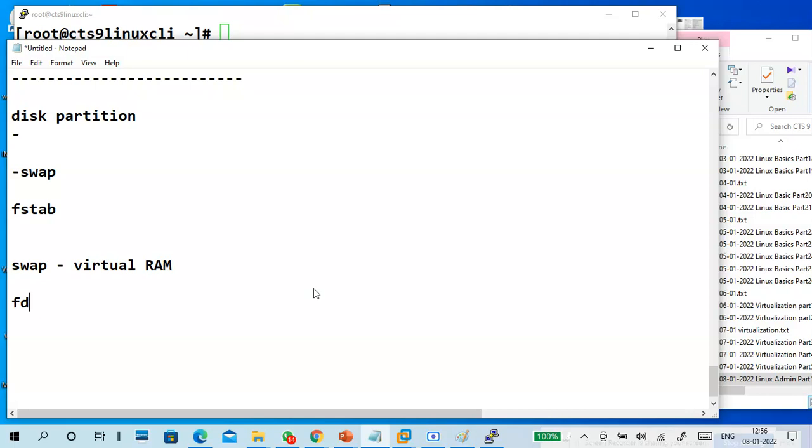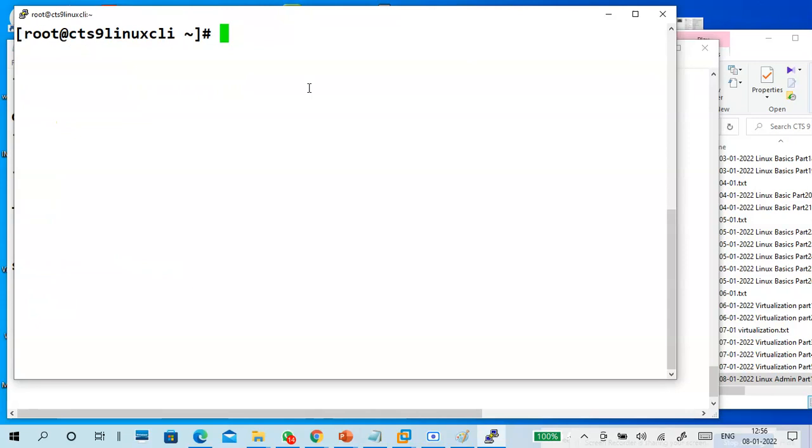First of all, we use fdisk to create the partition. So fdisk, and next one is /dev/sda. Directly I'm going, guys. I'm not showing the same thing again and again.